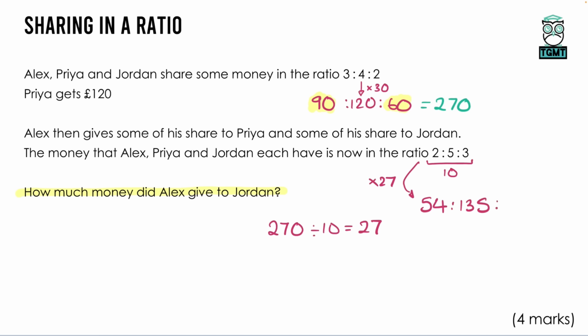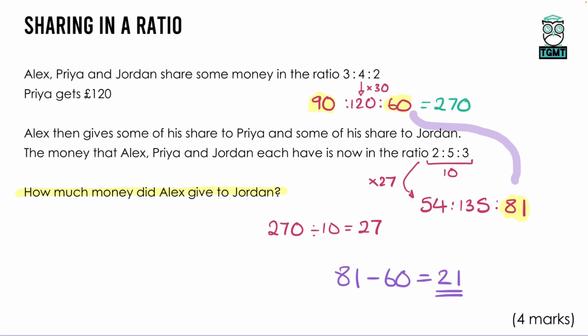27 times 5 gives us 135. And 27 times 3 gives us 81. So we're going to look at either how much money Alex gave away to the other two and do them separately, or for this one, as we want to know how much money Jordan was given, we can just have a look at how much money Jordan went up to. So Jordan went from 60 up to 81, so our total there would be 81 minus 60,